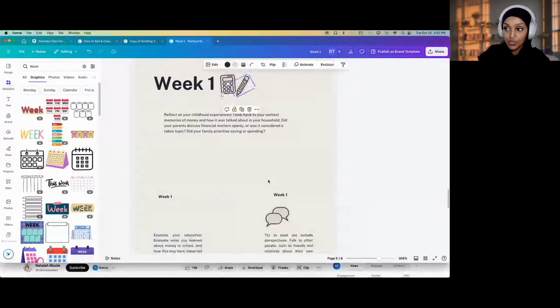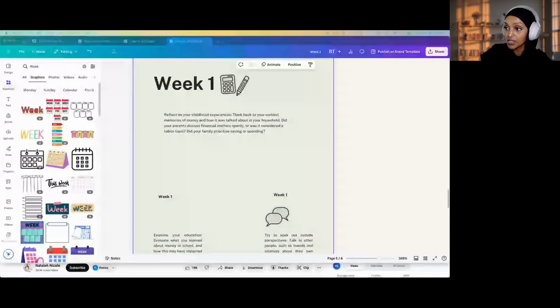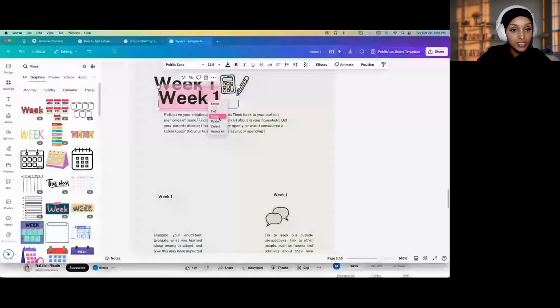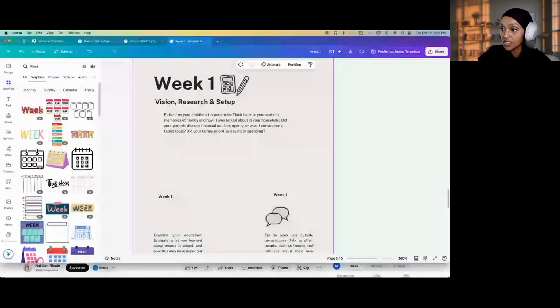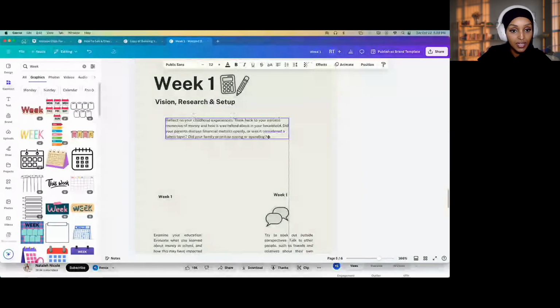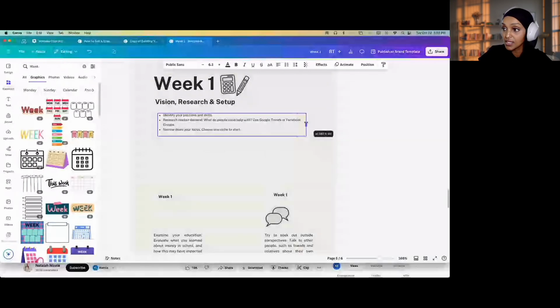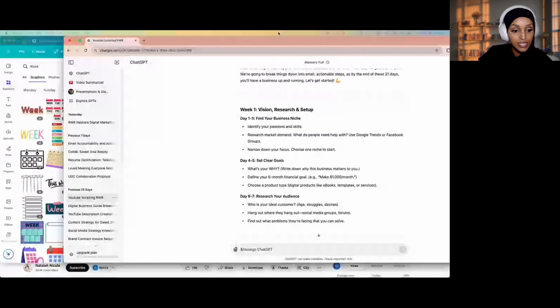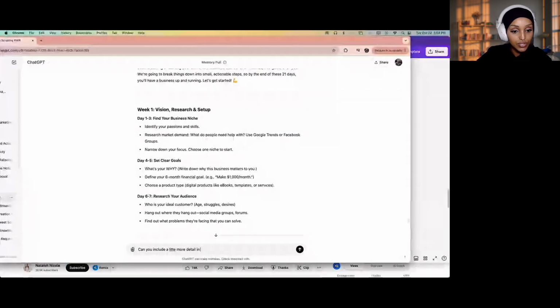I just really hope this is useful. And you pretty much will plug into what ChatGPT has given you. Copy, duplicate this, paste, make this a little smaller, right? You just want it easy and digestible for people to read because the worst thing is to try something and not understand it and be confused. And maybe I'll ask it to make it a little bit more defined. So let me go here to ChatGPT and say detail in each, under bullet points, actions that they can take.